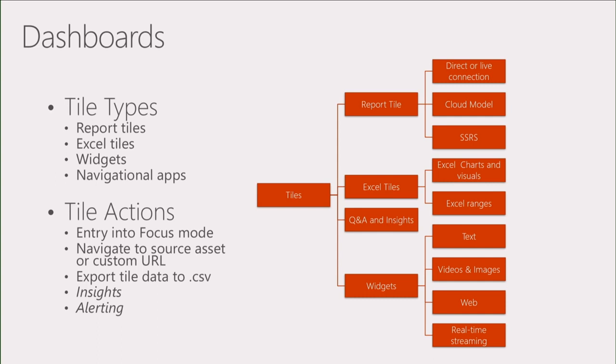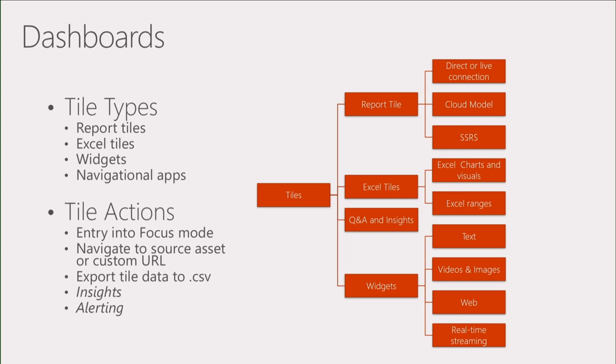You can pin tiles that represent direct or import data sources from those reports. You can use cloud or on-prem models. You can even pin tiles from a SQL Server Reporting Services on-prem report up into Power BI. So a whole bunch of different reports can be represented in your dashboard. And it's great because they function as navigation too, because when you click on a tile in a dashboard, it takes you through to that report to explore more